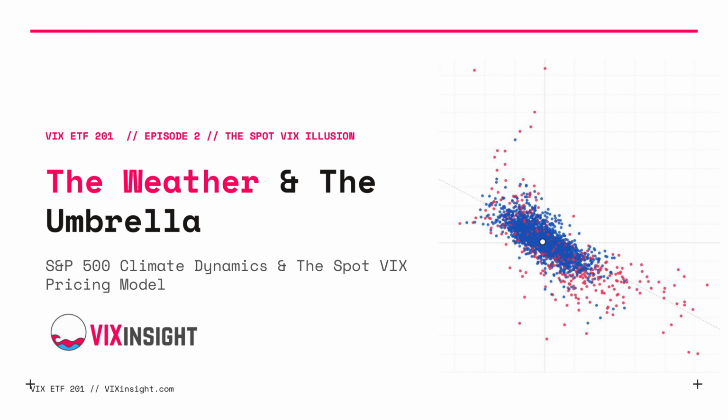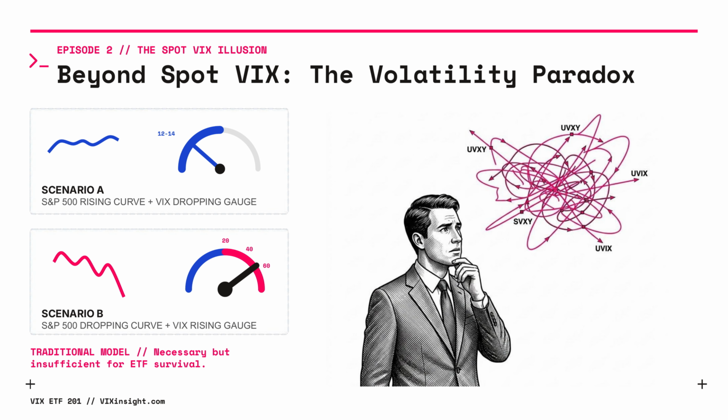So let's talk about what the VIX actually is. There are dozens of complicated academic definitions online, but I like to keep it practical here. The VIX is simply the market fear gauge. When the VIX spikes to extreme levels, a market crash is happening. And when it stays low and quiet, the S&P 500 is usually climbing smoothly.